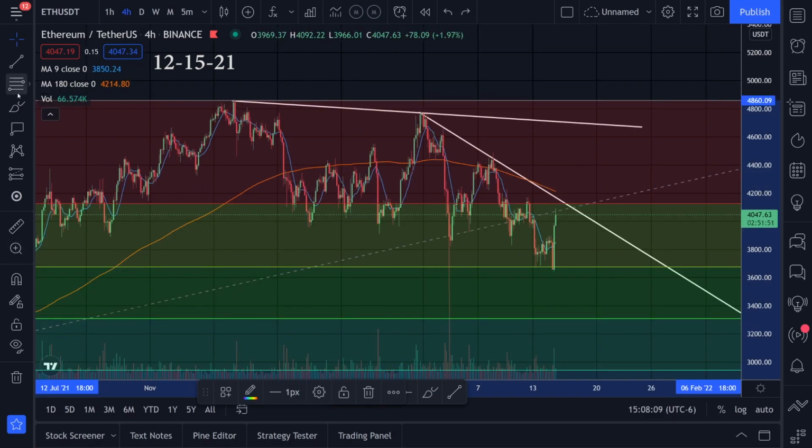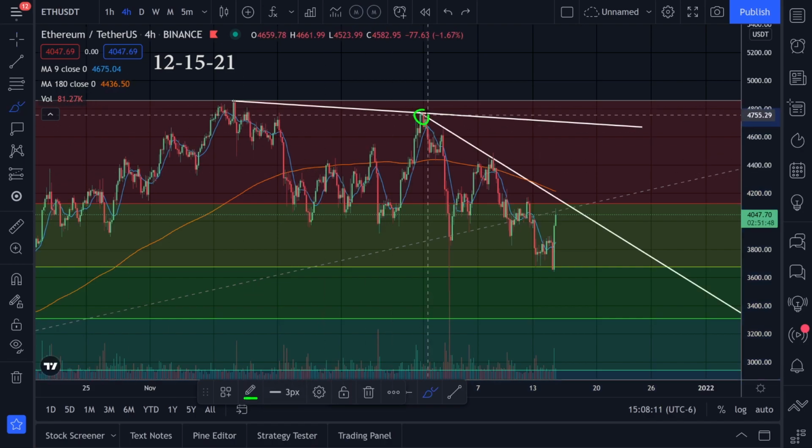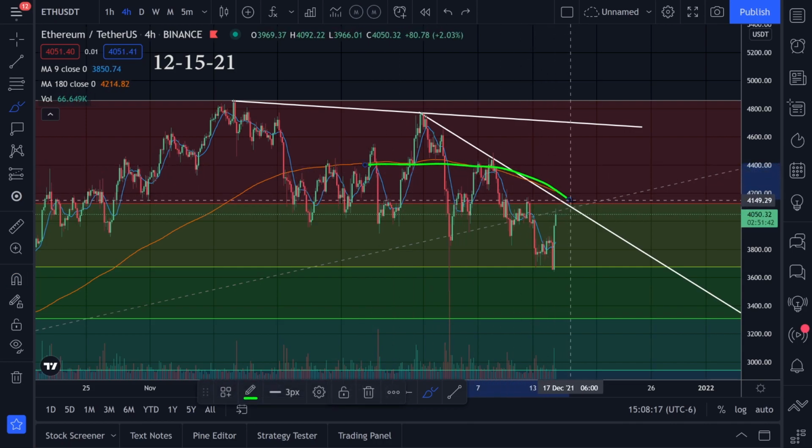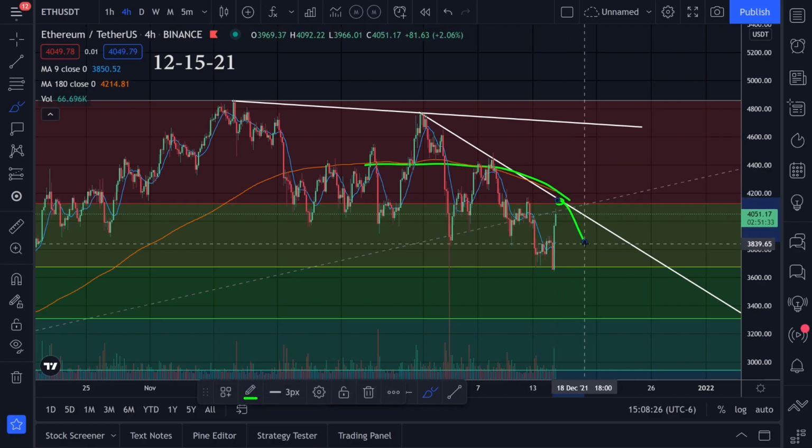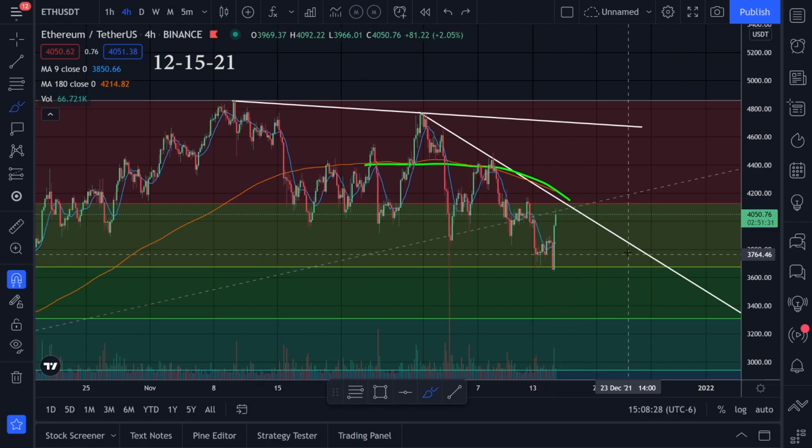So the main thing I'll be watching right now is the 4-hour time frame. We have resistance right here, we have this downtrend, and it looks like we're coming into contact right now. We also have this 180 moving average. It might give us some trouble. It might push us down. I think we might be targeting around 4,144, or that might be a level that might push us down, back down to this Fibonacci retracement level.